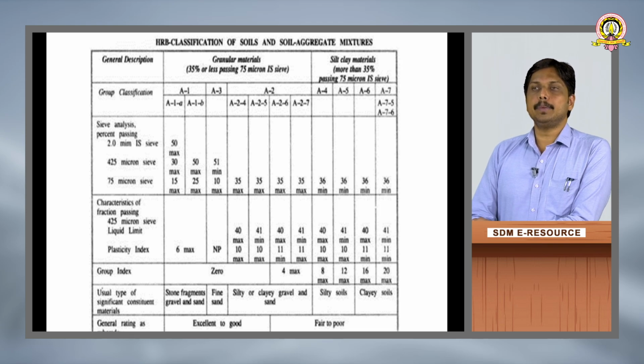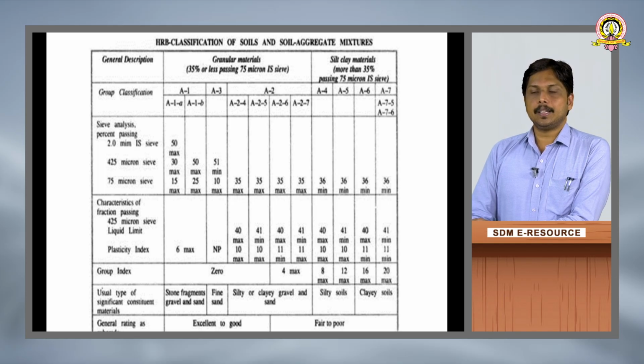So, for that we have to make use of the other data like liquid limit, plasticity index as well as the group index, and whatever the liquid limit value we have, we have to check in only A4 to A7. Why? Because already we have eliminated A1, A2 and A3, that is why we have to check only with A4 to A7. Similarly, the plasticity index is also checked with A4 to A7, and finally we will be getting some groups either A4, A5 or A6, A7, and you can see on the bottom